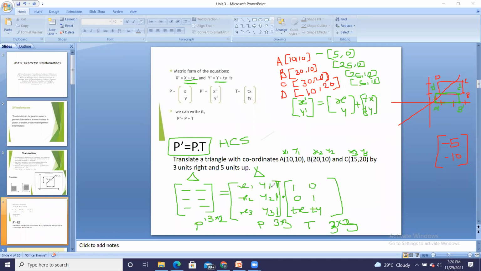So ultimately x1 will become now x plus Tx. Y1 will become y plus Ty, and this value will remain as it is 0, 0, 1, the remaining identity matrix, remaining unit matrix. So now when I perform the multiplication, what will be the resultant value? After matrix multiplication, what will I get? First row, first column. Tell me the output. x1